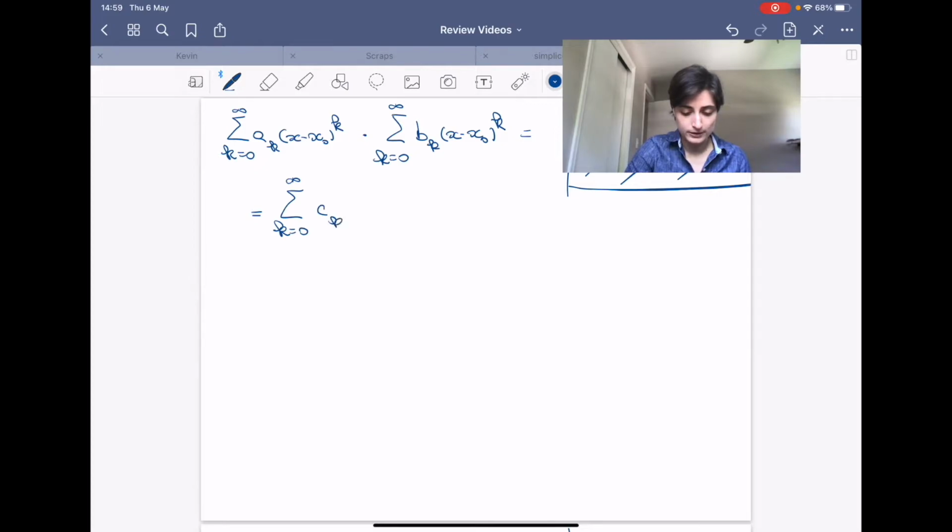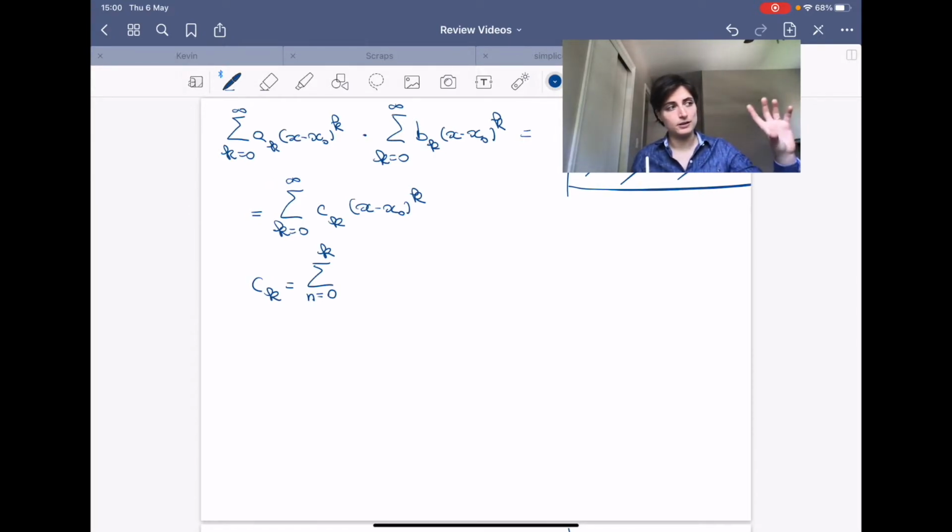So we're going to write it as ck (x minus x0) to the power k. But what is ck? Well, ck is not very easy. It is a sum, we're going to change the coefficient, for n going from 0 to k itself. And what we want is that the product of the element, the index a times the index b, would give us the k. So we're summing element by element as we do for normal